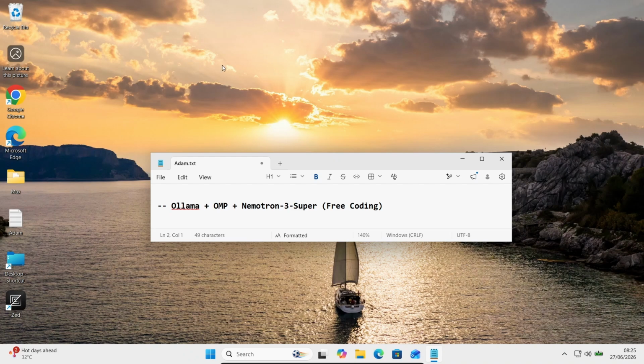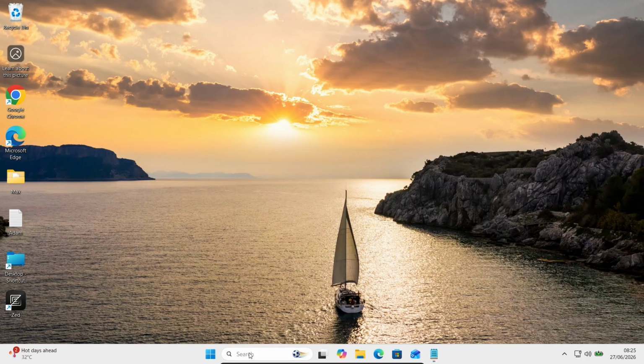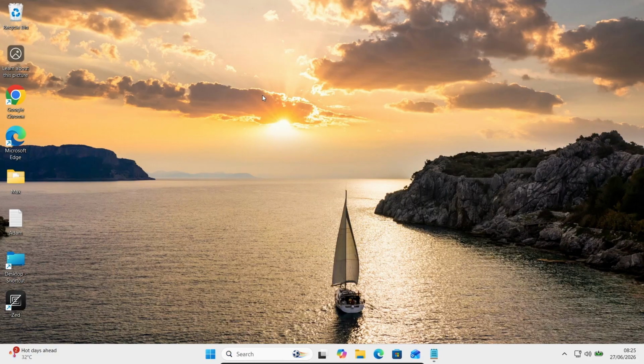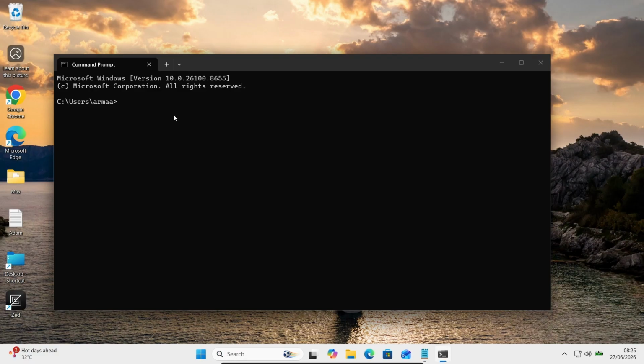I guess in this video lecture, I'm going to discuss how to do the powerful combination with Ollama, OMP, and Nemotron 3 Super for vibe coding. So opening the command prompt. Now let's use the CLIs. So if I write Ollama